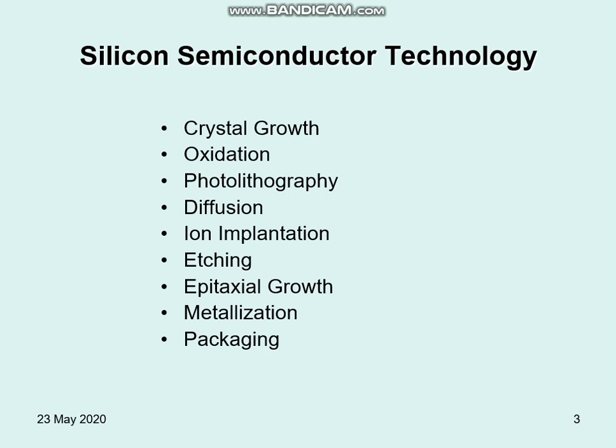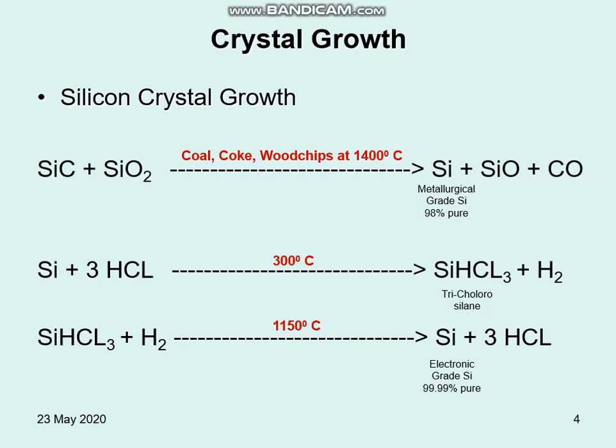I believe that in my previous lectures I have shown you why silicon is taken, and why, among many semiconductor materials, only silicon is used as the crystal material for the substrate. Okay, so the basic chemistry behind it is in these equations: silicon, very impure initially, is what we obtain from deep under the soil and collect from there, and we mix it with silicon carbide and the oxidation material, that is silicon dioxide,